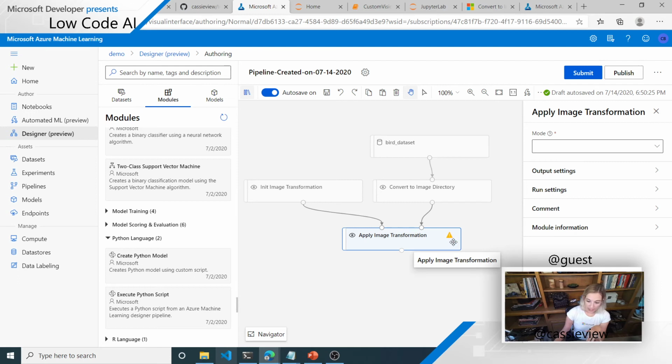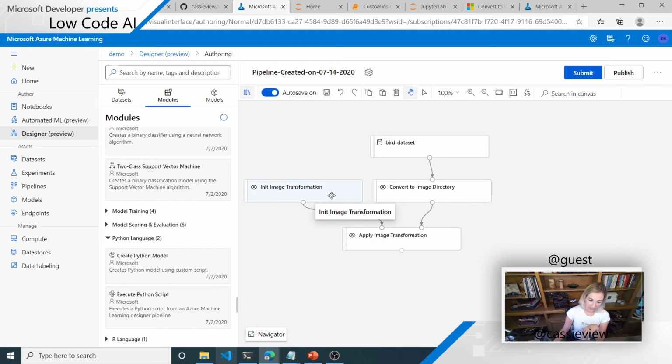So you go through, and when there are different properties that it needs, it will give you that little indicator that you need to select the properties from the left. And if I click on the init image transformation,